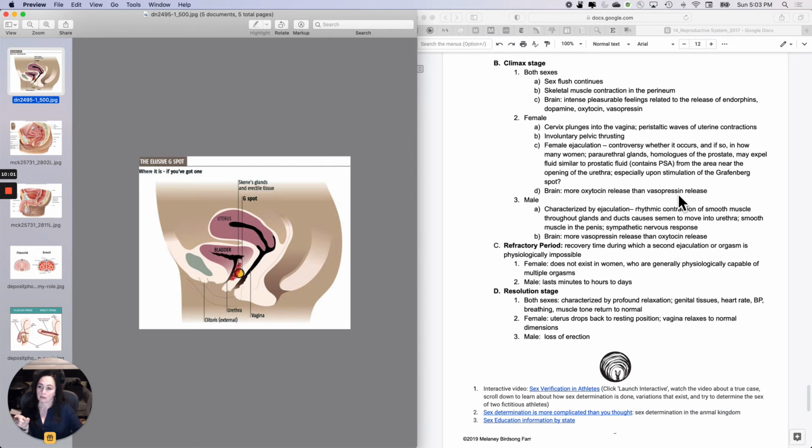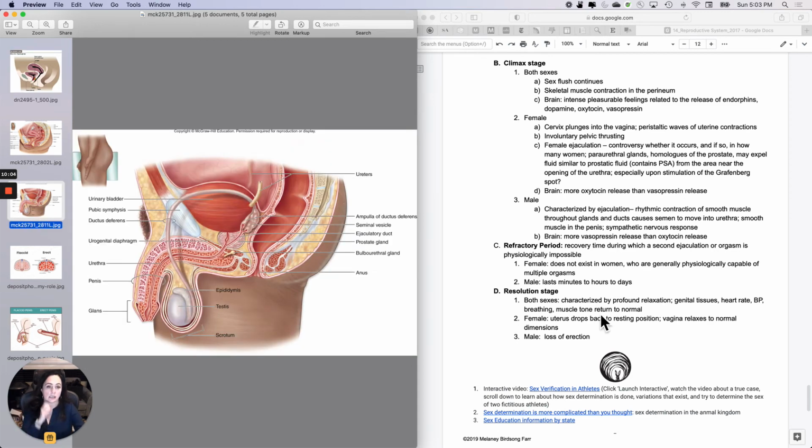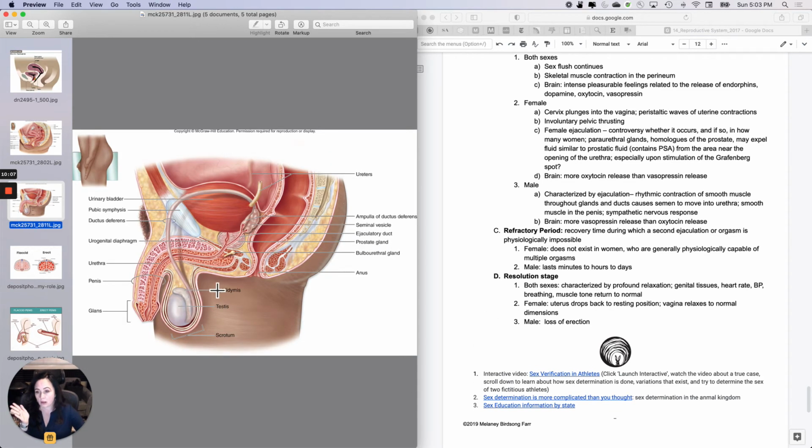In males, of course, ejaculation is the rhythmic contraction of the smooth muscle all the way from the epididymis up the vas deferens, the smooth muscle in the seminal vesicle and in the prostate and in the proximal regions of the urethra. All of that rhythmic contraction of smooth muscle, all heading outward, causes semen to move into the urethra for ejaculation. This is a sympathetic nervous system response. So it seems counterintuitive that the sympathetic nervous system is really inhospitable to erections, but it is responsible for ejaculation. And in males, in the brain, in addition to all of these chemicals that we talked about